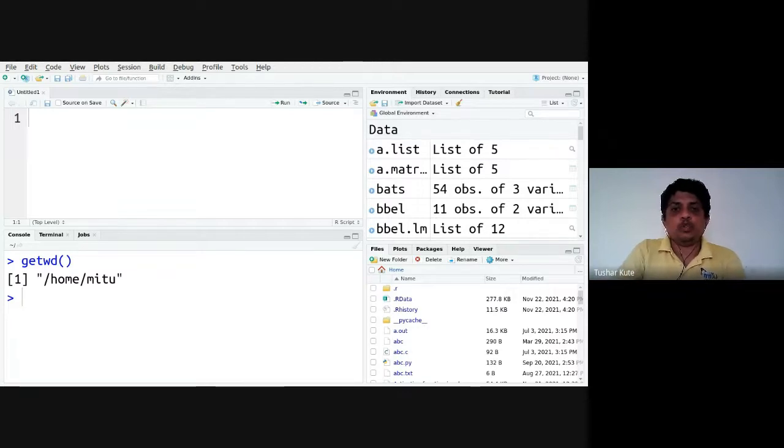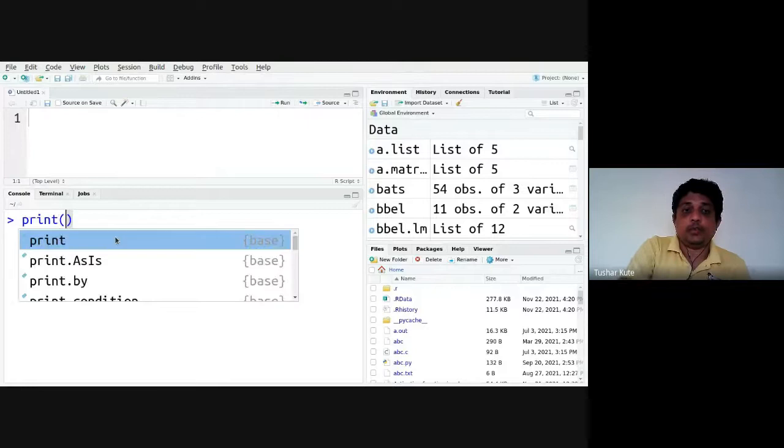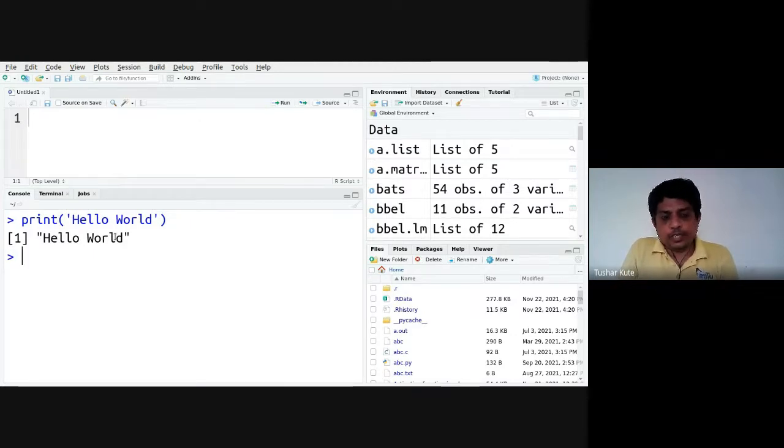Let's see how we use the respective IDE now. Whatever you type, as I have told, R is an interpreter-based programming language. So we can execute the code step by step, line by line, using the console which is shown over here also. The first code when you start learning, we print hello world. I have seen that already. So print hello world, just like in Python, the same statements are present. You can see hello world printed on the screen here. Likewise, many such line by line executions are possible.